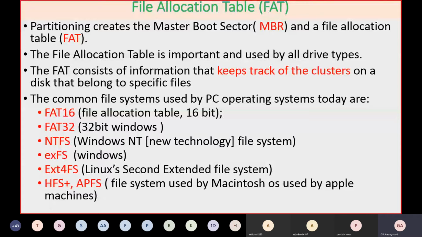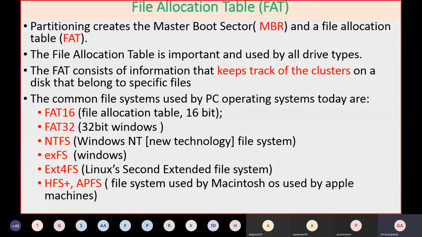But these two advanced systems, NTFS, and NTFS means new technology file system. That came when Windows NT came into the market. Windows NT is the first version which gives you the network operating system, gives support to a network. That is why it is called the new technology. When you say NT system, it is a server operating system to which you can connect other machines. Earlier all operating systems were desktop machines, related to only one computer.